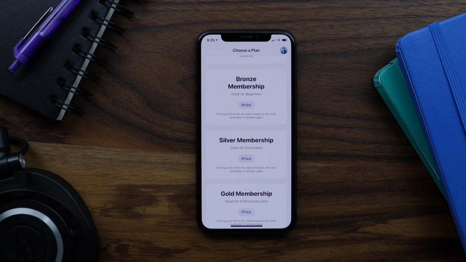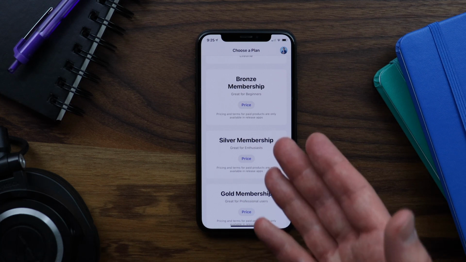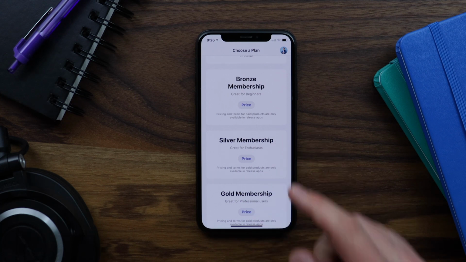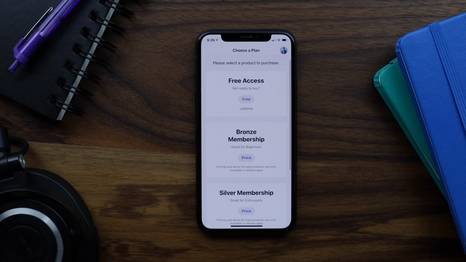The reason is that for both Apple and Google, the in-app products you create are connected to the identifiers for your release apps only, so that in-app purchases can work properly once the release app gets published into the app stores. So we are not actually able to pull this information from their APIs while in a test app. Our free product does show that it's free and says lifetime as the access duration. We're able to display this information since it comes directly from the plugin. Later in the video, we'll switch to a release app so I can show you what this all looks like